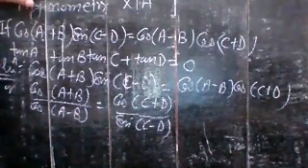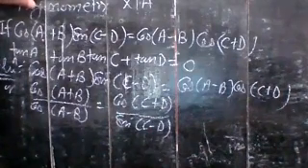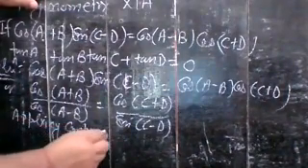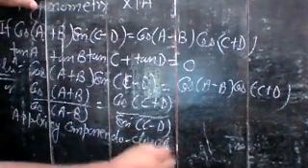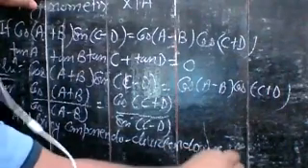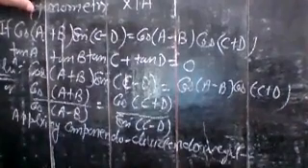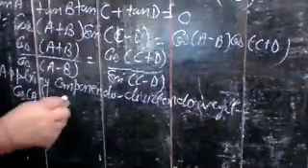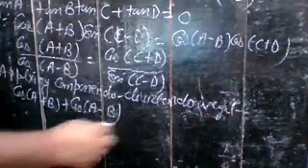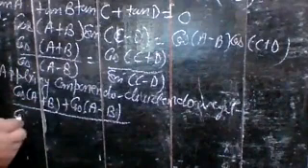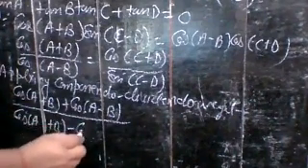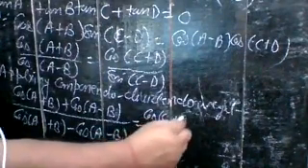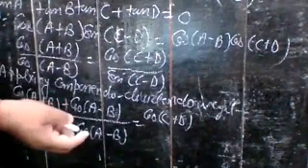Now applying componendo and dividendo. So we get cos(A+B) plus cos(A−B) upon cos(A+B) minus cos(A−B), and on the other side sin(C+D)...